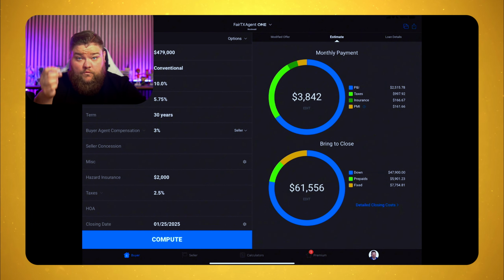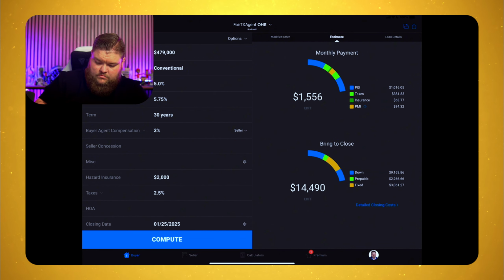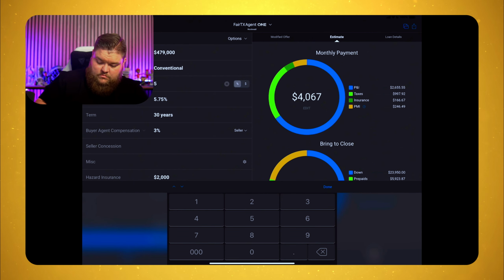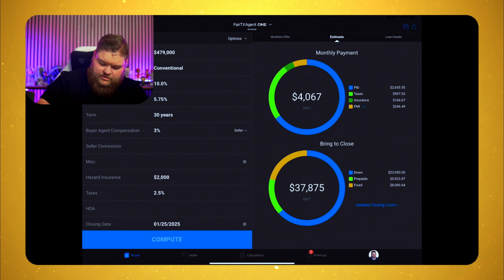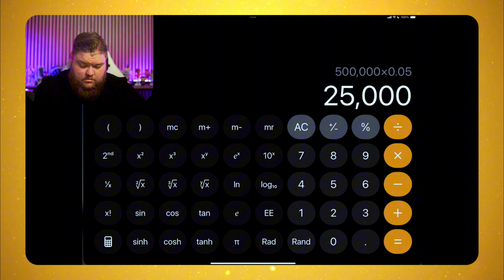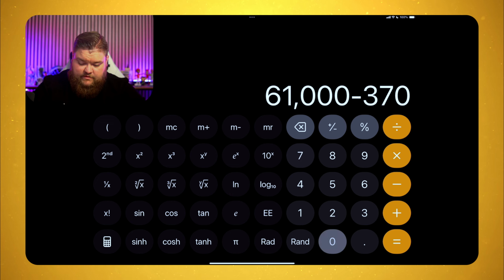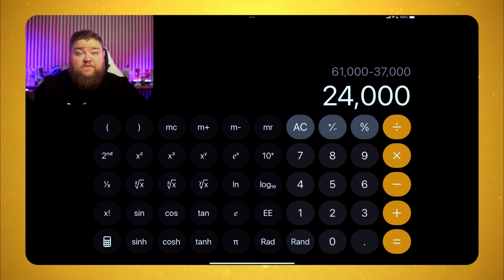We went from a $4,000 a month payment to a $3,800 a month payment, and our cash to close went up to $61,000, right? If we go back to 5%, just to make sure, so yeah, 37 to 61. We're going 4,000, 10%. So 61, roughly, from 37. So then 61,000 minus 37,000 is a difference of $24,000